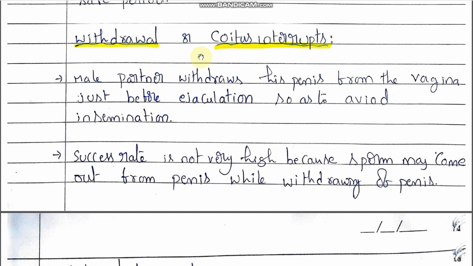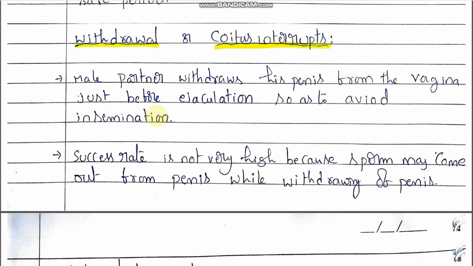And the second method is withdrawal or coitus interruptus. A male partner withdraws his penis from the vagina just before ejaculation so as to avoid insemination. So before the ejaculation, the male withdraws his penis from the vagina of the female. Whenever no semen is released, there is no insemination, obviously there is no chance of